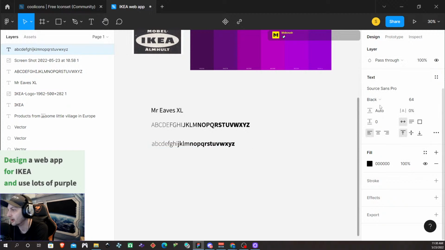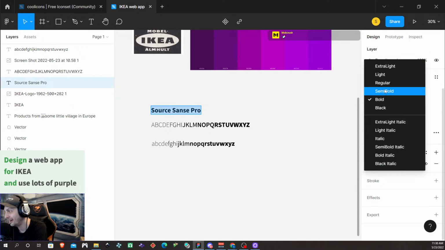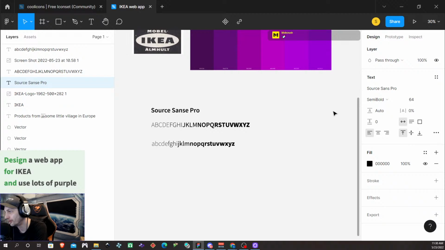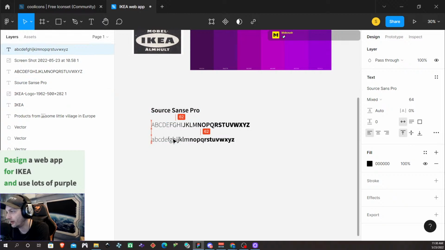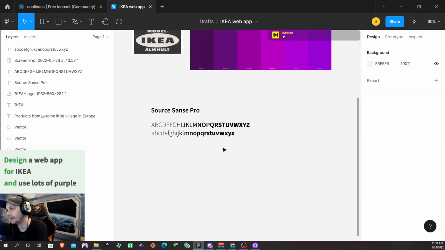And then those are gonna be black. And we got to change this to Source Sans Pro. We're going to call that probably bold and semi-bold. And that's fine. I'll probably move this up. And then we need to add another one for like